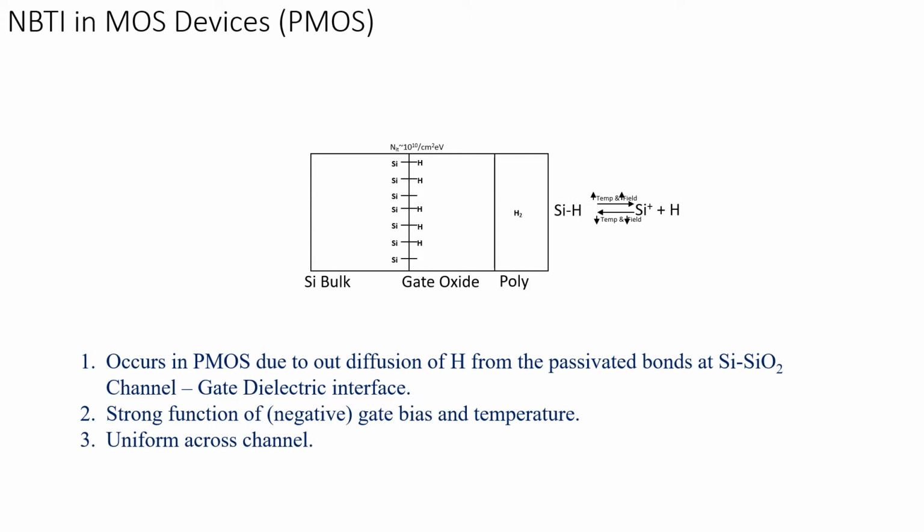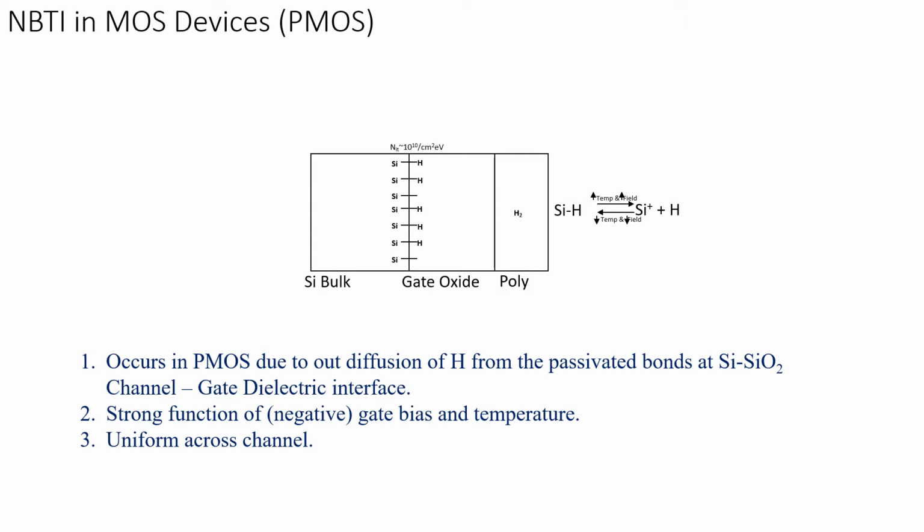But what it leaves behind is an increase in the NIT, the interface trap density, which is again going to cause an unintended shift in the threshold voltage of the device. Generally that will tend to increase the magnitude of the threshold voltage, which for analog and RF devices will reduce their gate drive capability and degrade their performance.